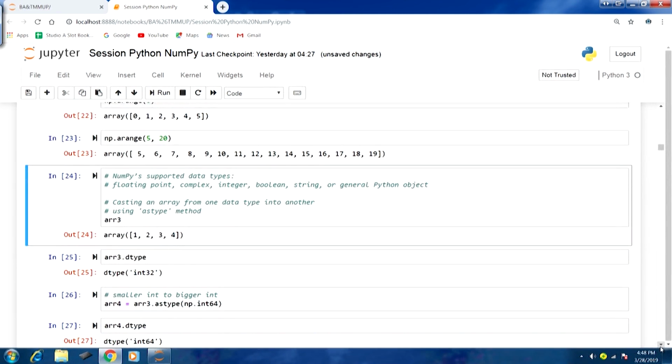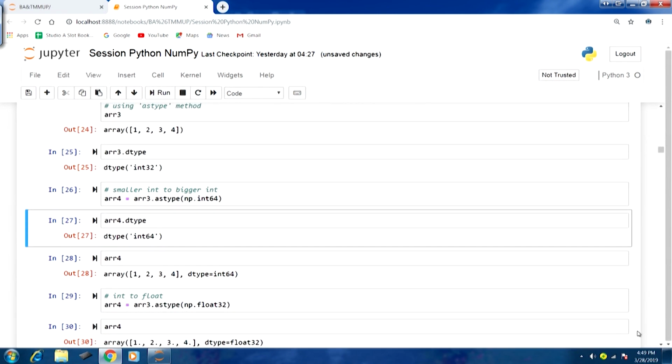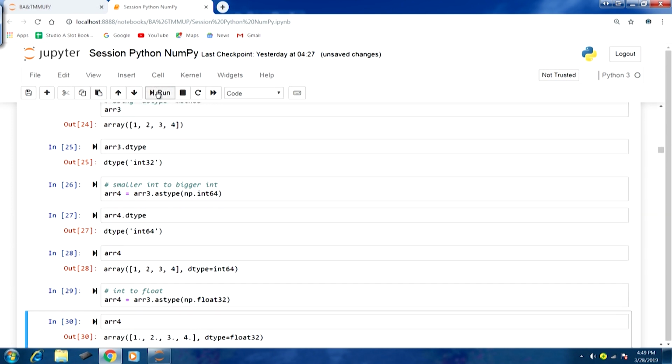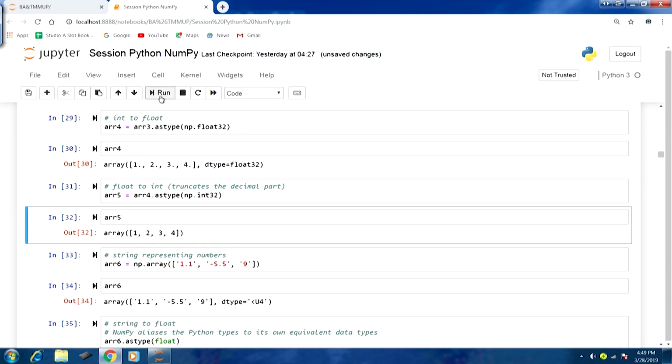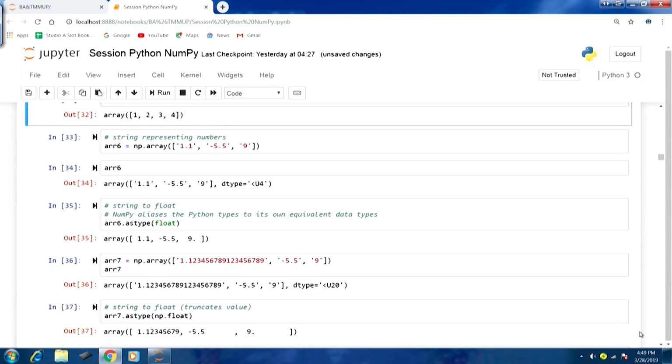So, after that, supported data types. Most of the data types that we have discussed so far: floating point, complex is also there, integer, boolean. So, all these are supported. Now, converting one data type to another, smaller into bigger, that part is also how we can use the astype function to change the type. So, this part also we have discussed, int to float and all those things, float to int, and the data loss that goes with it.